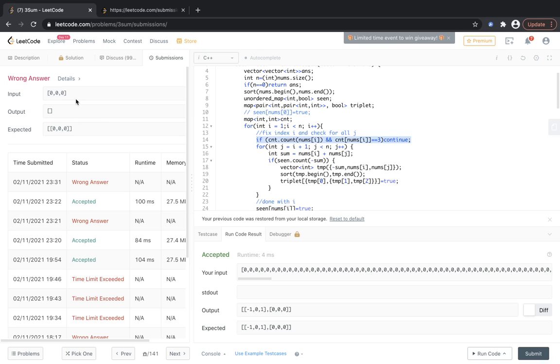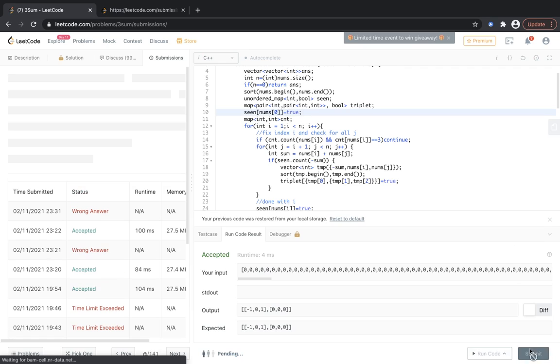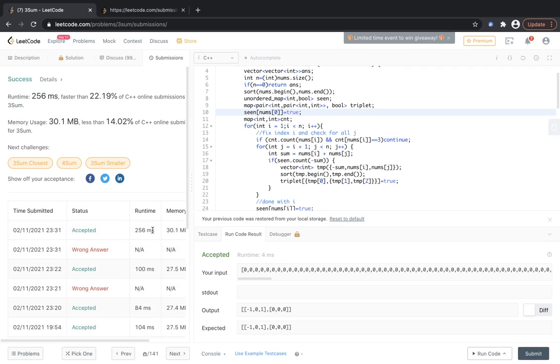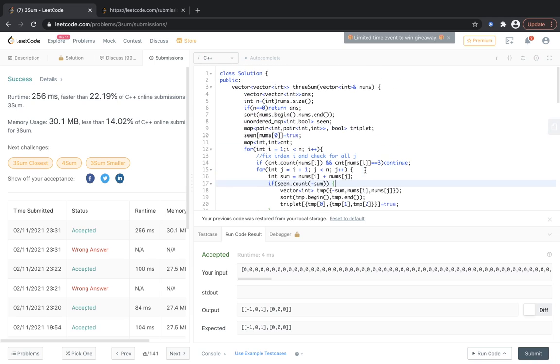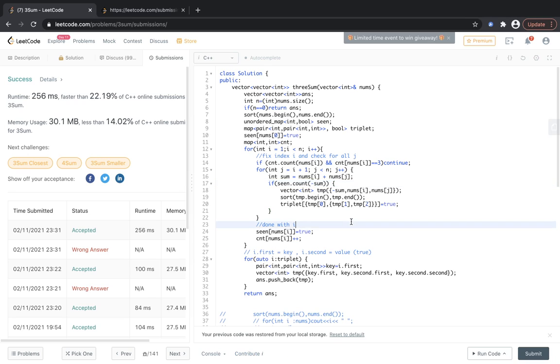And when input is 0 0 0, oh okay, we commented this out, but this shouldn't be commented out, because we are starting from the first element and we have already seen the 0th element. So now this is accepted, and you can see it is still somewhat slow, like 256 milliseconds, but earlier it was timing out. So this is the previous solution that I explained in the previous video, and in this video I just tried to make it pass.